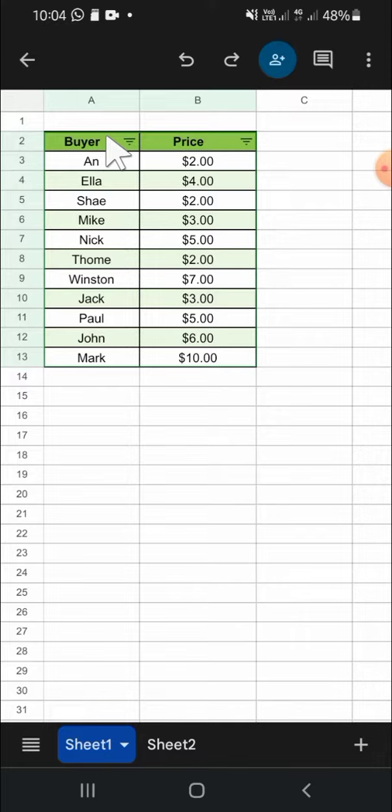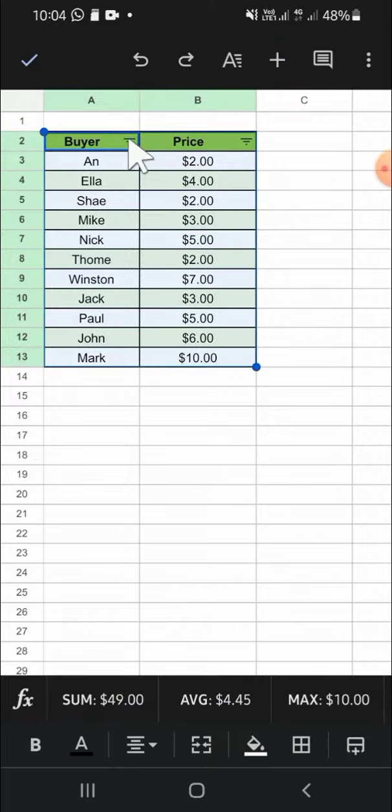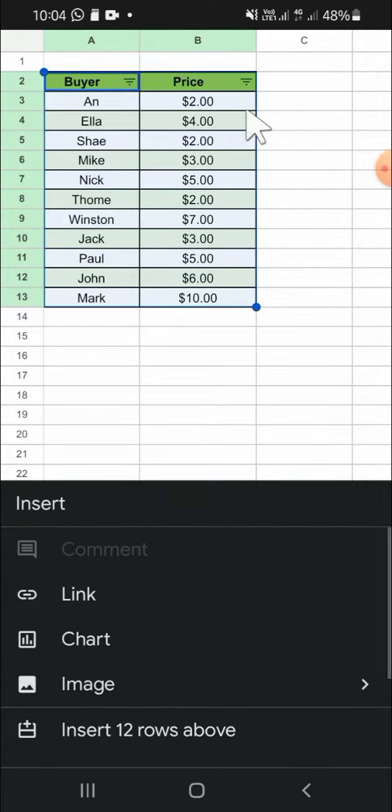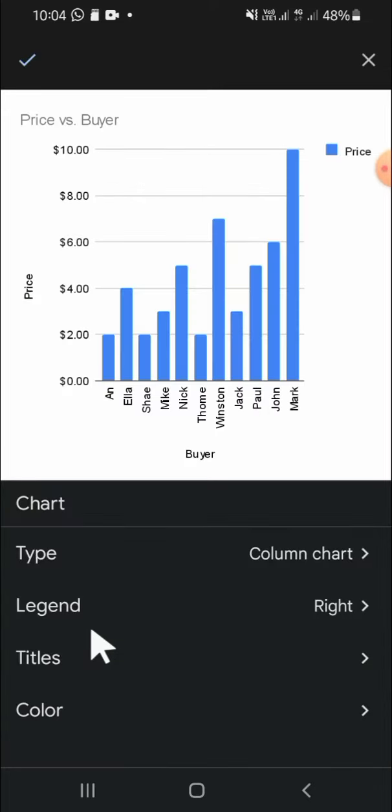So the first thing we have to do is we can select the table like this. We can tap and hold on the table and we can drag it. And after that, we can click on this plus button. Then since we want to make a chart, we can click on the chart option and the chart will be